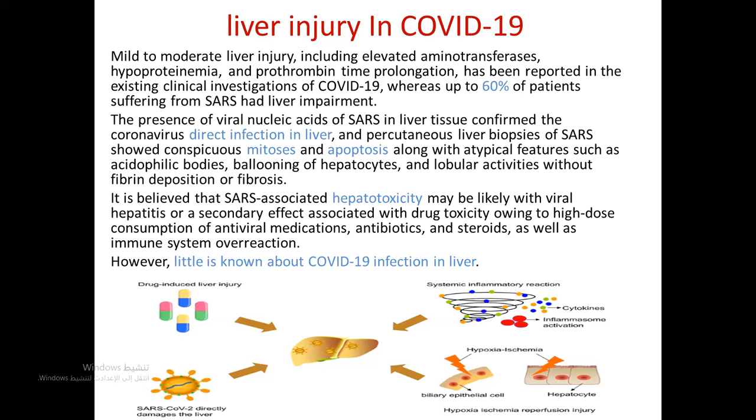يعني وجود الحامض النووي الفيروسي للسارس in liver tissue يأكد إنه إصابة مباشرة باللايفر، and يعني البيوبسي مال الليفر عن طريق الجلد of SARS تظهر إنه conspicuous mitosis and apoptosis موت الخلايا المبرمج باللايفر along with atypical features. راح تطلع إن acidophilic bodies ballooning of hepatocyte مثل تضخم يعني خلايا الكبد and lobular activities without fibrin deposition